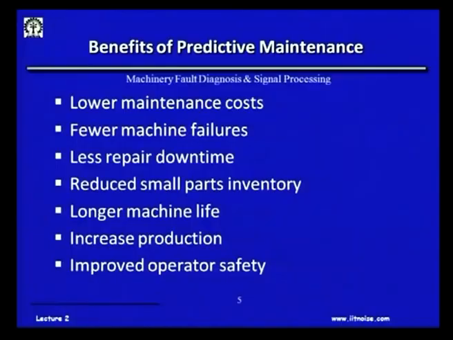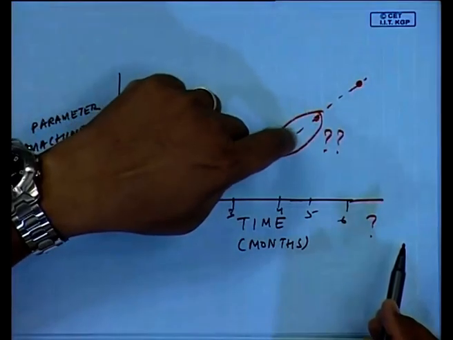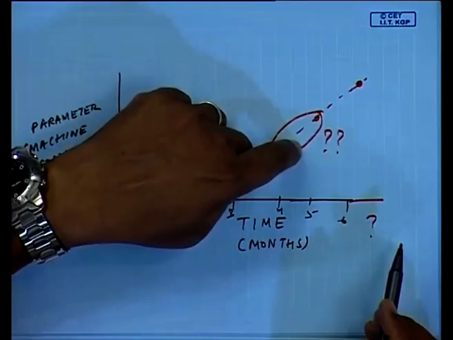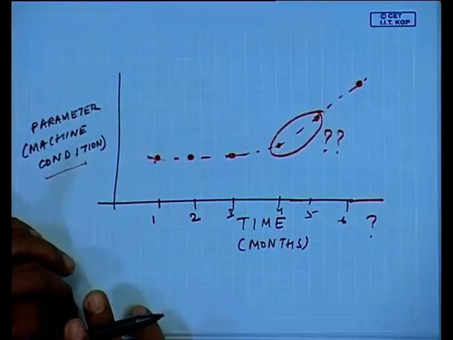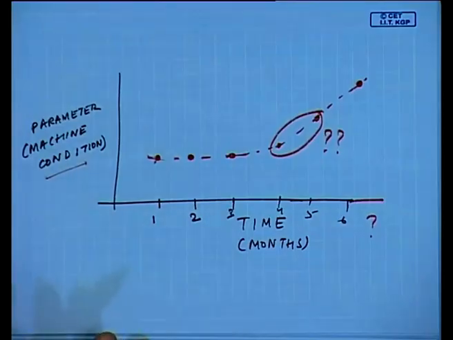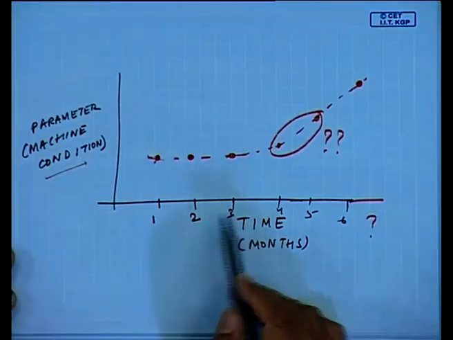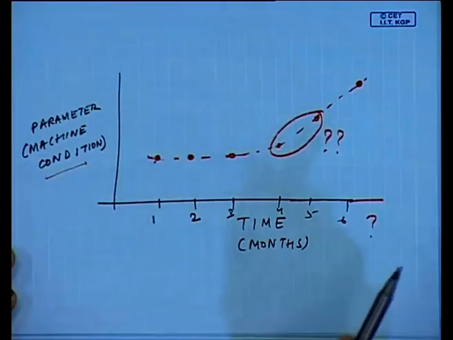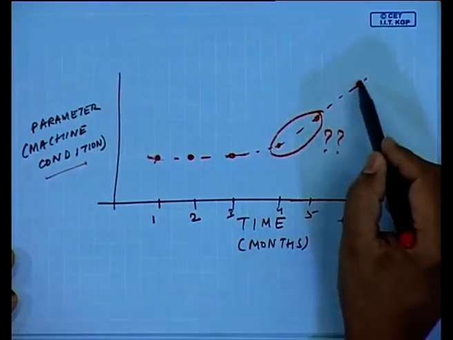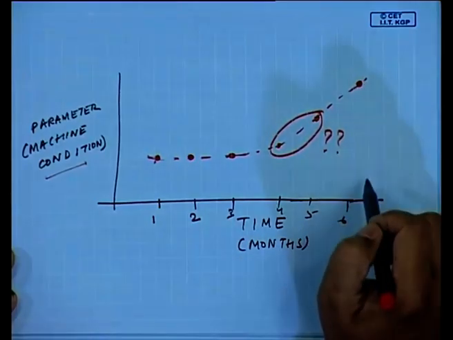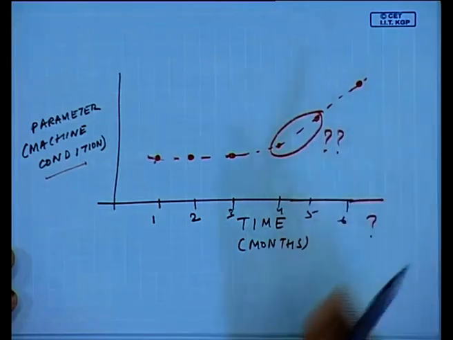But had I planned it earlier, and because I know the machine's condition, well, at the end of the 4th month, I know I'll have a high production demand toward the end of the 7th month. This is the time wherein I can take a repair. Okay. So these are the cases wherein I can reduce my inventory, and then of course if I do a proper downtime, I can improve the machine's availability and increase production. And if I know this machine is going to have an abnormal behavior, I would not like my operator to be very close to the machine.